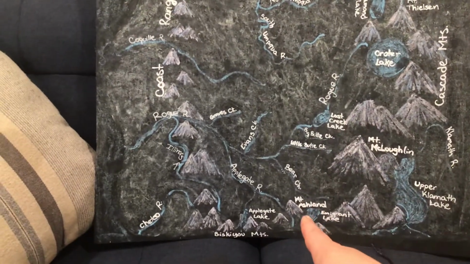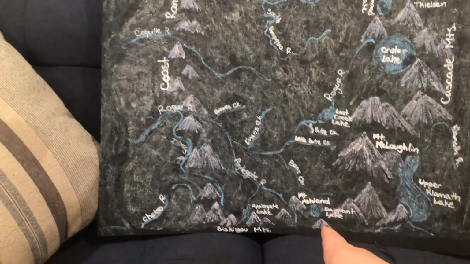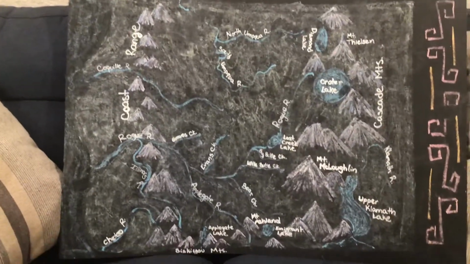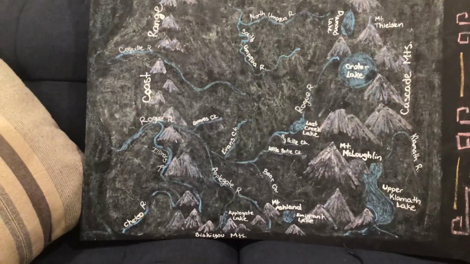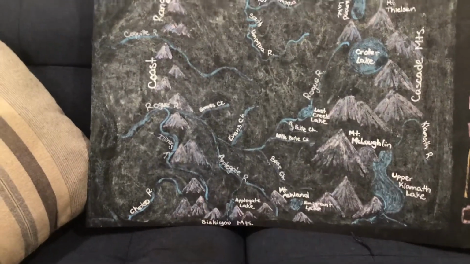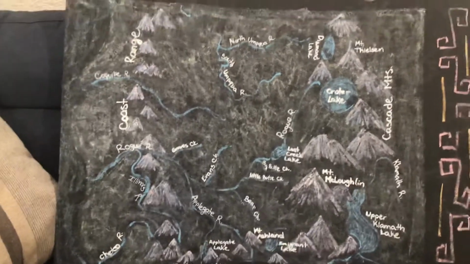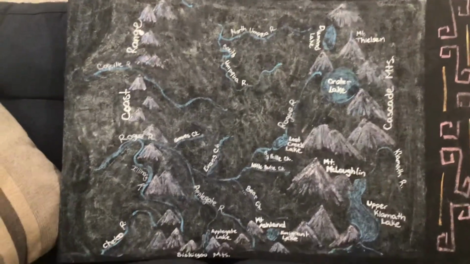And then, of course, in Ashland, we have Emigrant Lake. So those are the 5 main lakes that we have around here. And lots of little ones too. There's also Applegate Lake over here, which for some reason I didn't put in my map, but it's there. And we have a lot of rivers too.